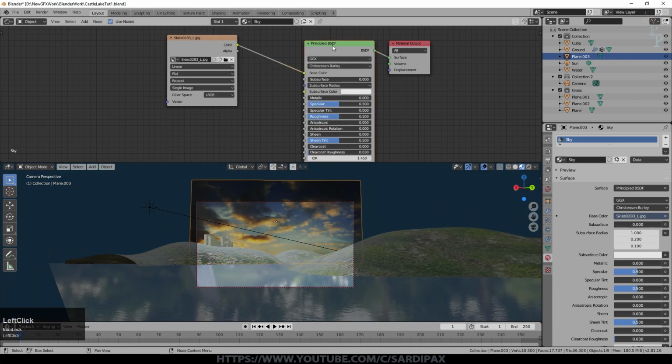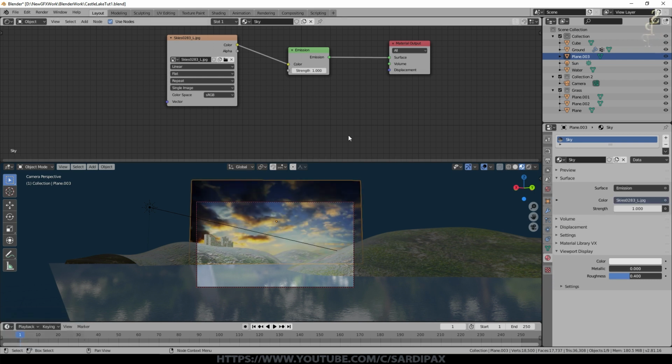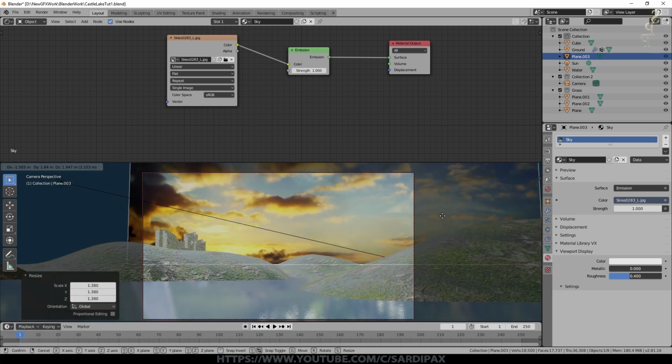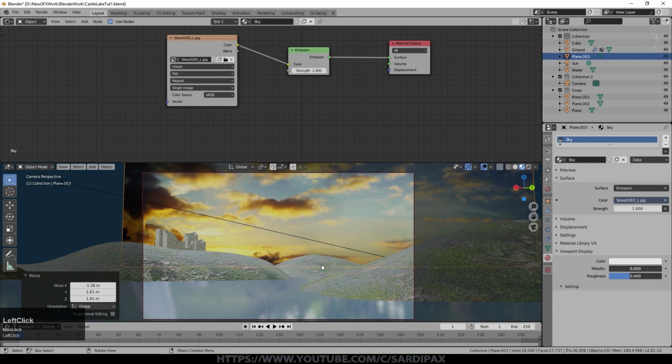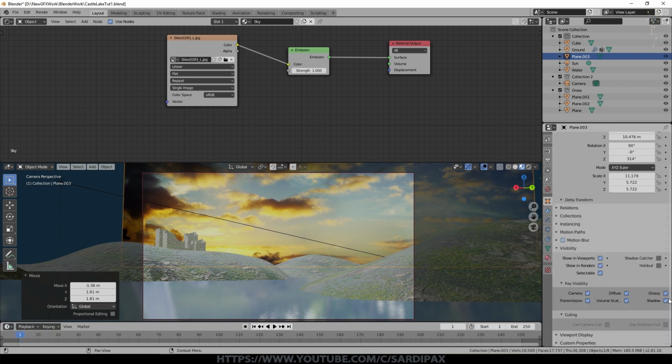And now I'm going to get rid of that principled shader and simply add an emission shader, which makes sure that light doesn't actually affect this object, and that it actually, in a Cycles scene anyway, provides light into the scene. So for this one, I'm going to make it a little bigger, I think. We've got our sun just dropping below the horizon there. Obviously that means I'm now going to have to change the angle of my sun, but before I do that, click on this little icon here, Object Properties, under Visibility, and turn off Shadow Ray. So hopefully it won't cast any shadows.